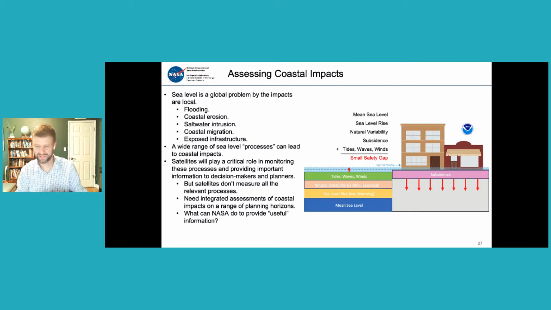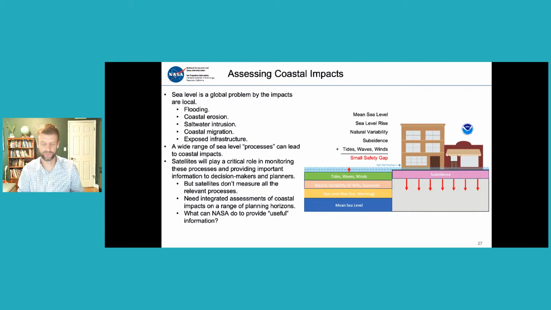Increases in that foundation have made it such that changes in the tides, waves, winds, these natural variability signals, can really cause sea level to become a problem and a threat at relatively short notice. So while we think of sea level projections going out to say 2100 and beyond, the problem is really a very present one for many of these coastal locations around the globe.